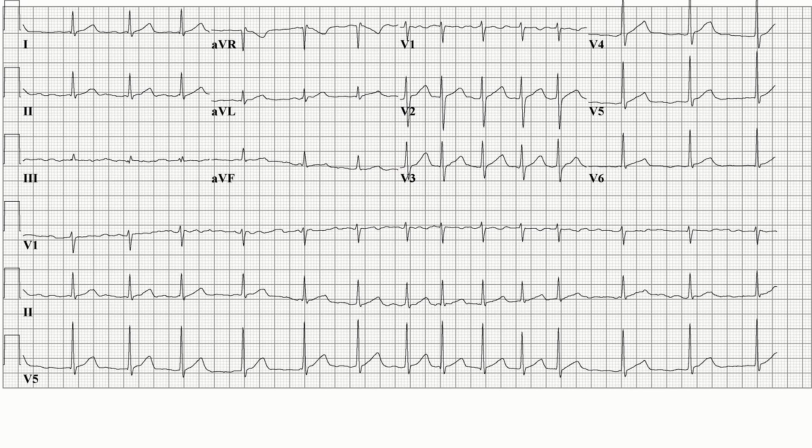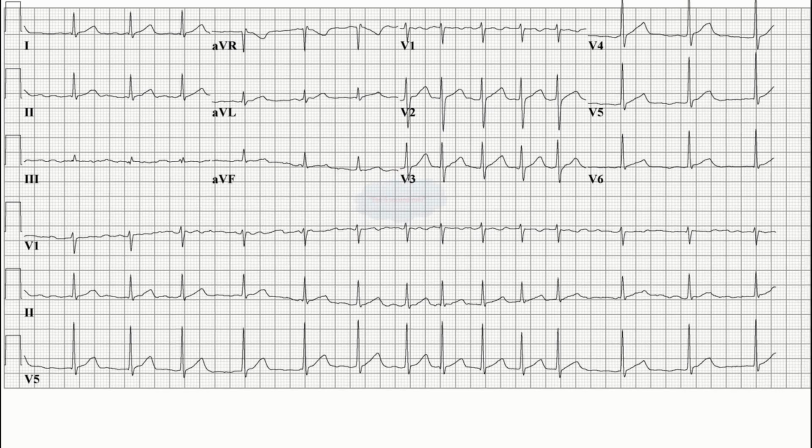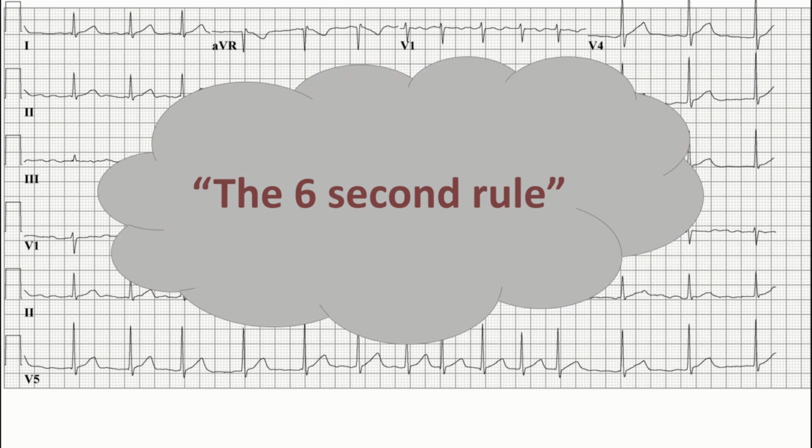So to solve this problem, in such cases we can use the 6-second rule, which is a very simple and convenient method to calculate heart rate. One thing to remember is that this method is not highly accurate because heart rate will always be in multiples of 10. But on the other hand, it can be used in both regular as well as irregular rhythms. Let's know more about this method. This 6-second rule is based on the principle that first we calculate the heartbeats in 6 seconds on the ECG and multiply it by 10 to give the heart rate in 60 seconds, that is in 1 minute.